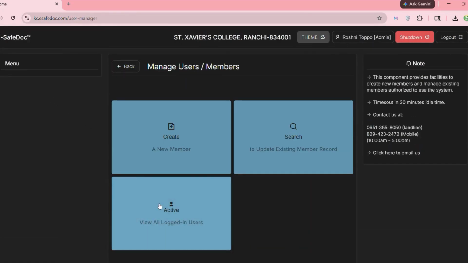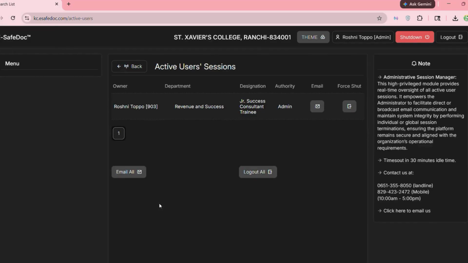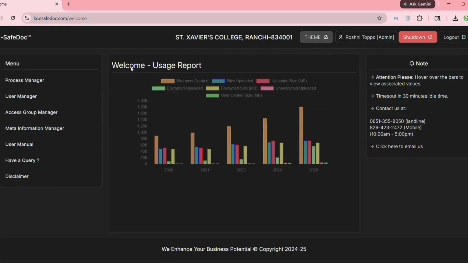Under active sessions, administrators maintain complete oversight. If required, an admin has the authority to forcefully log out a specific individual, or securely log out all active members simultaneously. From this exact screen, you can also trigger a secure email broadcast, either to one person or to the entire group at once. To execute this, the admin simply selects the required email consent, chooses a subject, and enters the broadcast declaration.